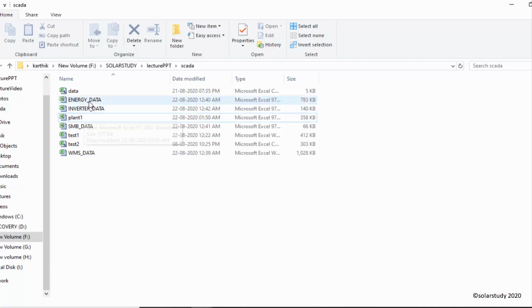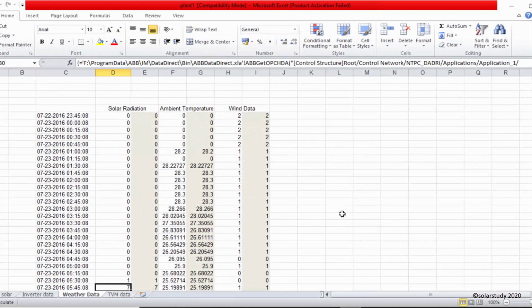In plant 2 there will be energy, inverter, SMB data, and weather monitoring station data. So it has different kinds of things. As I told earlier, different companies record different kinds of data. First we will see how the plant 1 data looks.